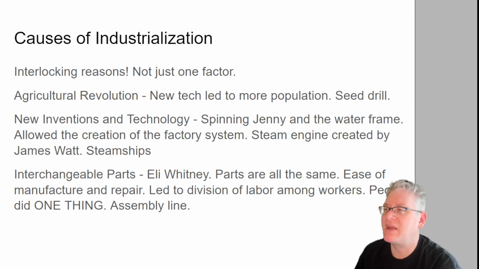We also have some new technology and innovations or inventions. So for example, the spinning jenny and the water frame are going to be examples of things in textiles. They're going to make textiles faster and cheaper to produce. And that will also, again, allow the creation of the factory system. The water frame needed a river next to the building. So unless you lived next to a river, you couldn't do that. So that's why it kind of supplanted or got rid of that putting out system.